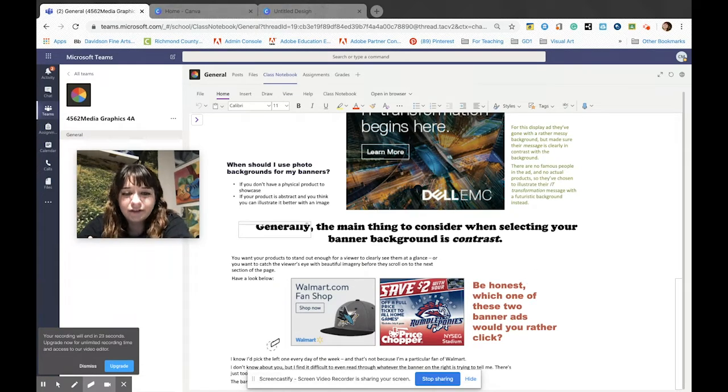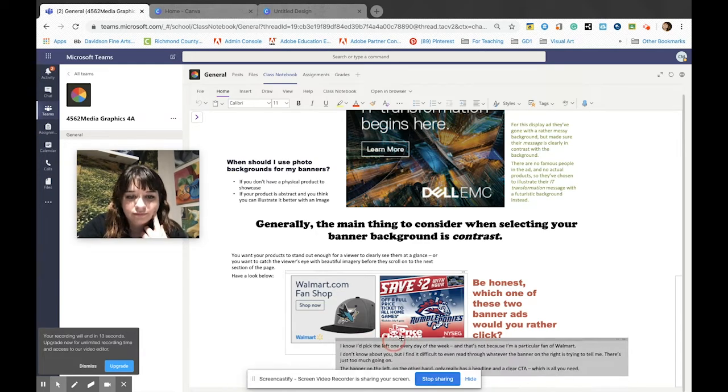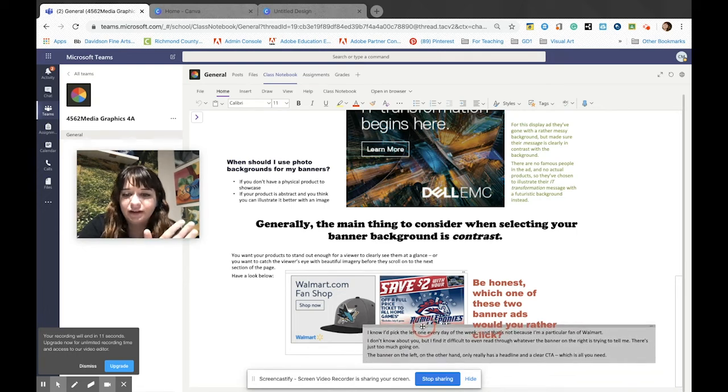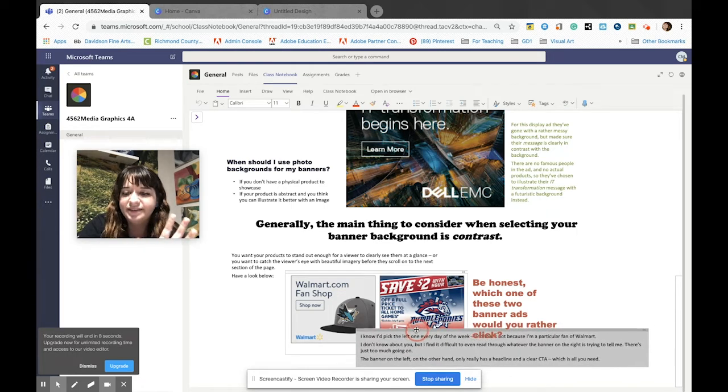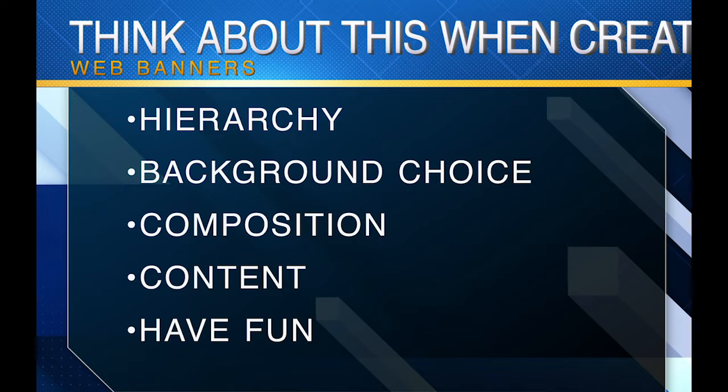I'd much rather select the Walmart banner only because it's really clean and it has a simplified message, right? So the banner on the left hand really has that headline that's really clear, right? Clear headline, clear content. So it's really going to be up to you